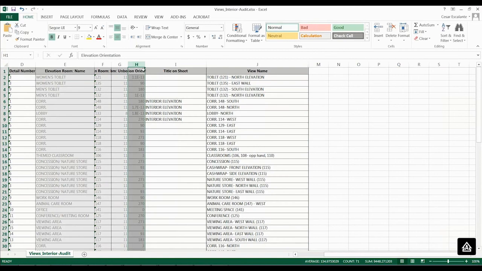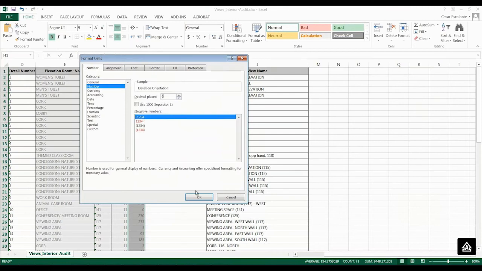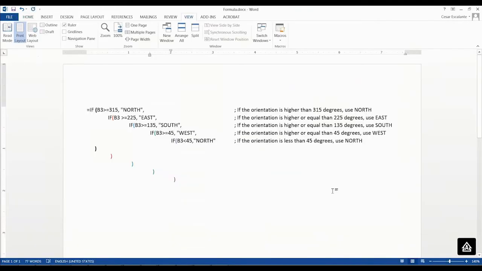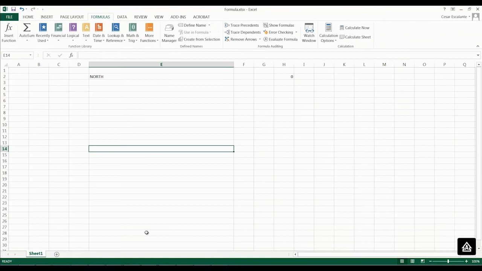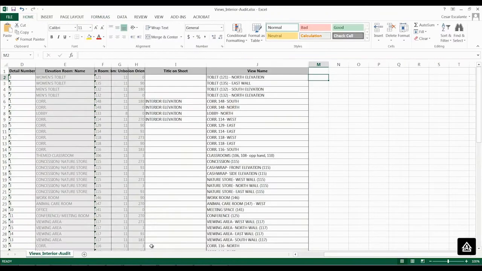So we have the elevation room name, we have the title on sheet, and the view name. But one thing that's really interesting is we export a new parameter called orientation. So in Excel, I'm going to say, okay, the orientation is either 0, 90, 180. So we can figure out, based on the view reference, the little view marker that you have, when you set the elevation and place that elevation marker within an interior room, that you can extract whether that marker is north, south, east, or west,